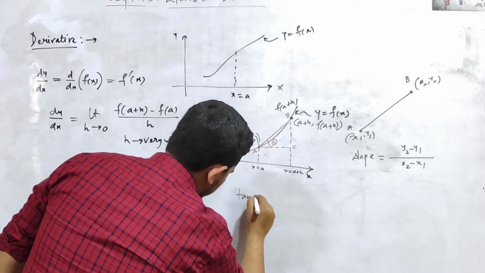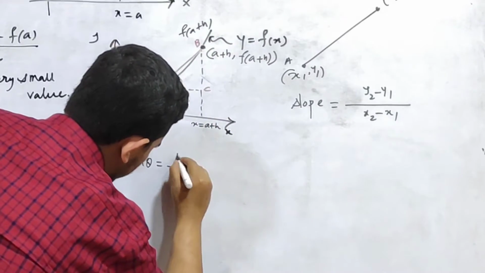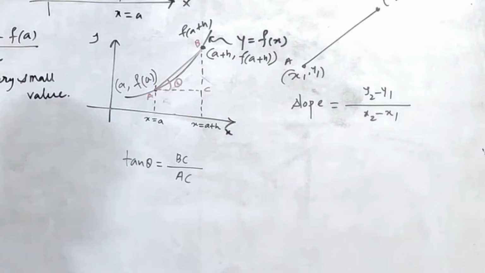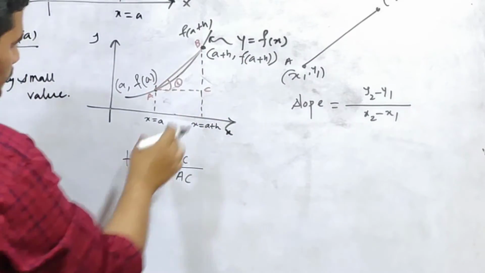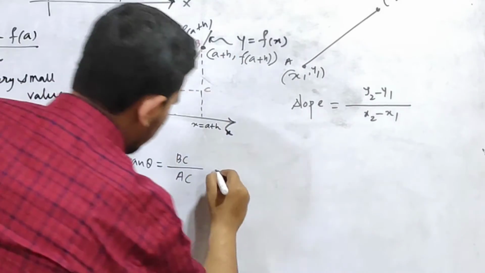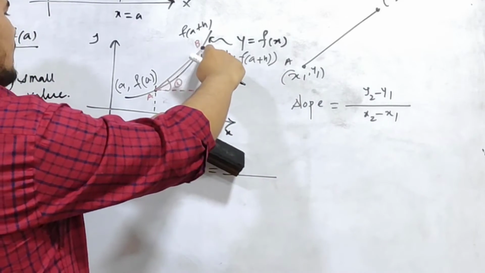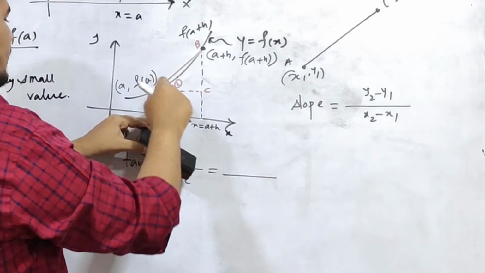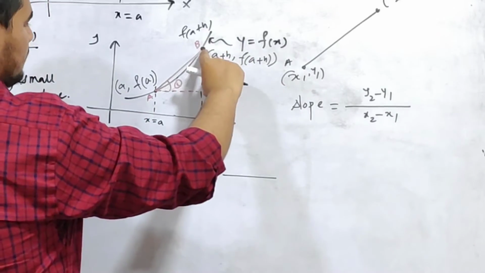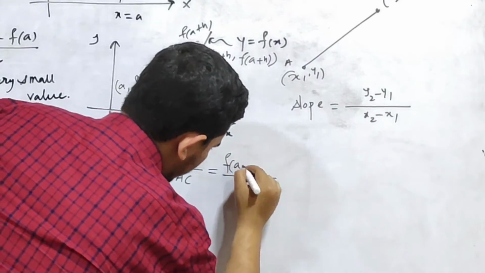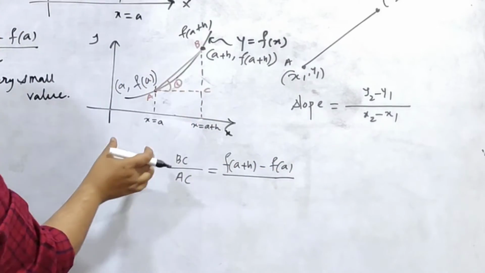I am going to write tan theta equal to BC by AC. So here this is BC and this is AC and this is the theta. So BC from this figure will be, this total is f of A plus H and this is f of A. So if I subtract f of A from f of A plus H, I am going to get BC, which will be equal to f of A plus H minus f of A, and AC, which I am going to get,